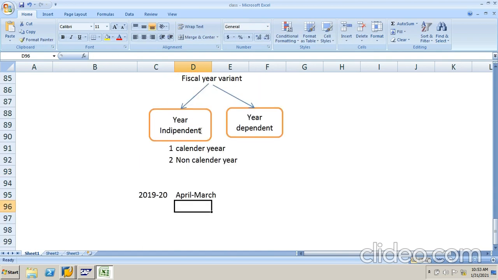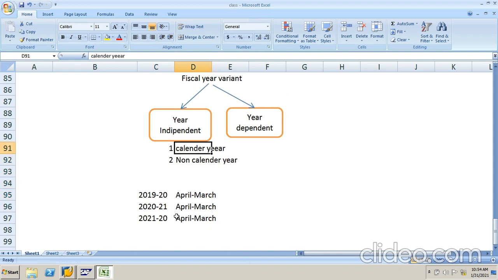Year independent means all posting periods remain common for all years. For 2020 to 21 also these posting periods are the same, and for 2021 to 22 also. This is called year independent.